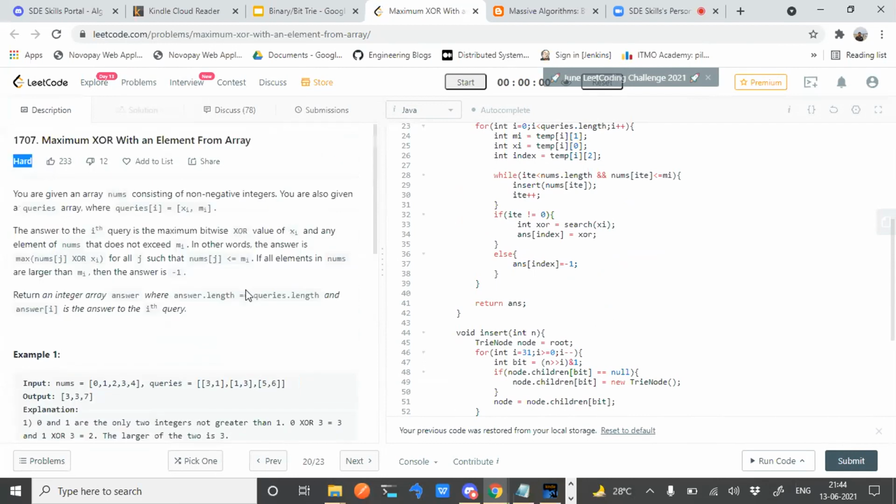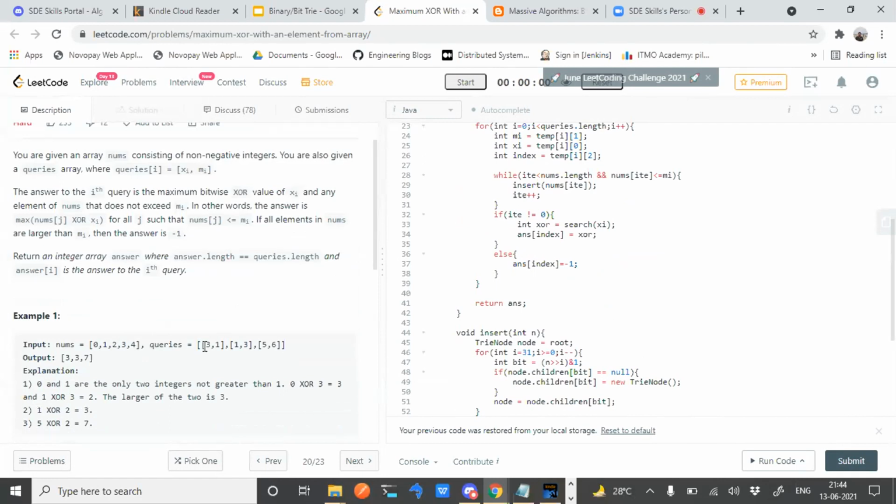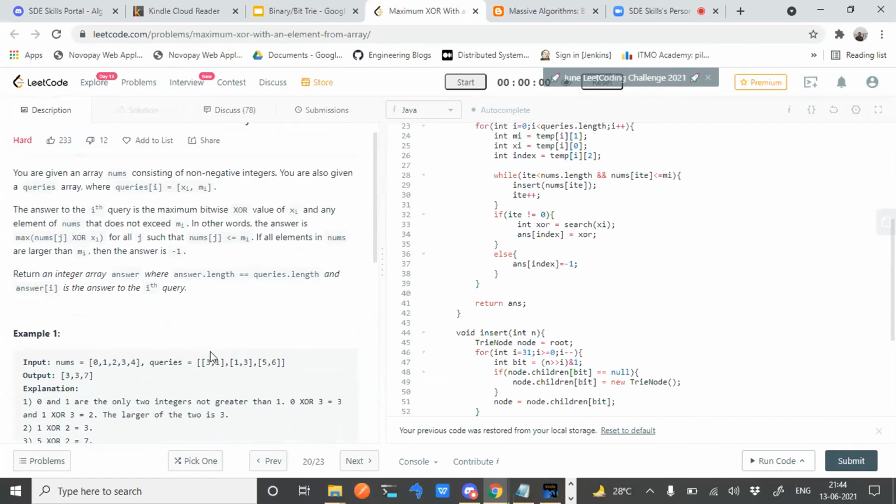So basically, it is maximizing XOR with an element from an array. You are given a nums array consisting of non-negative numbers, and then you are given queries like this, 3 and 1. So what that query says is that for the first number, xi, you take the maximum bitwise XOR with that value, and for any number in that nums array not greater than the second value, whatever is your maximum, that you have to return.